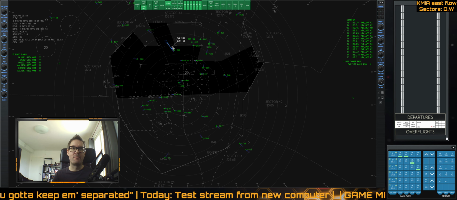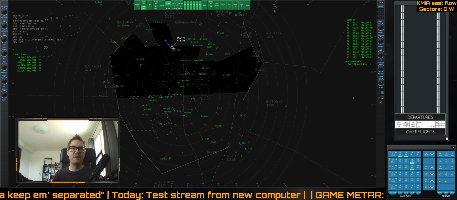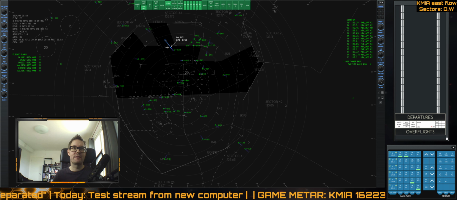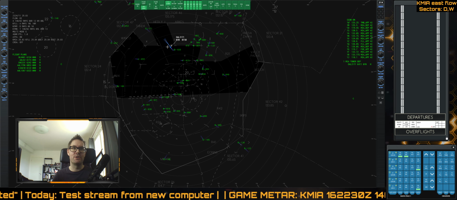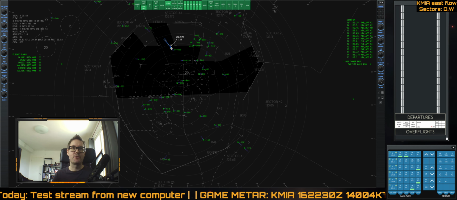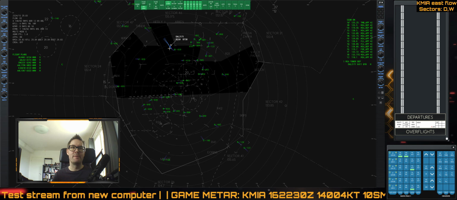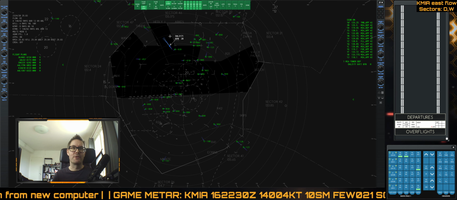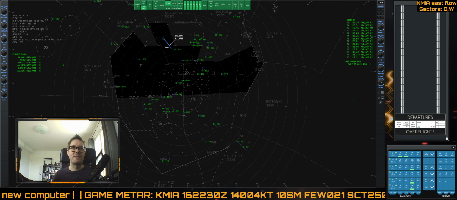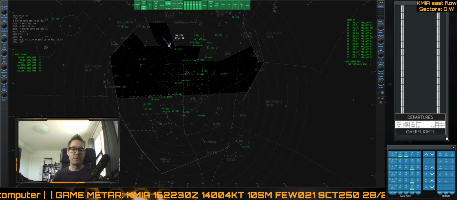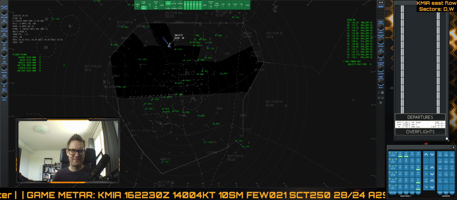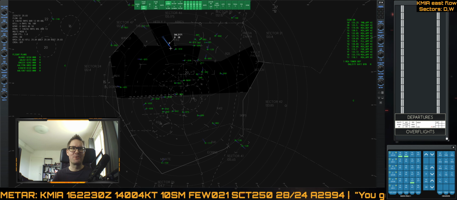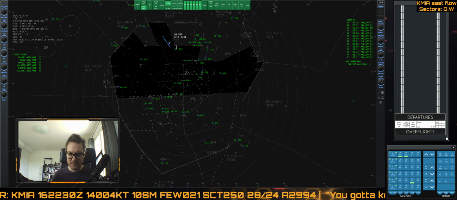And there will also be a marker if this plane was on final and it had an airplane in front of it, there would be a little text here showing you the distance to that plane, so you could easily see if it's diminishing or if it's growing, and you can give speed commands to get the separation you want. You can get the distance that you're trying to achieve. Okay, so